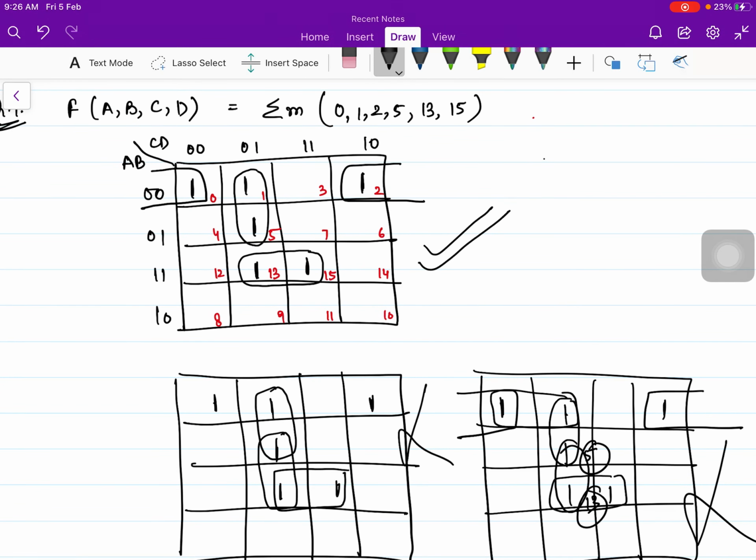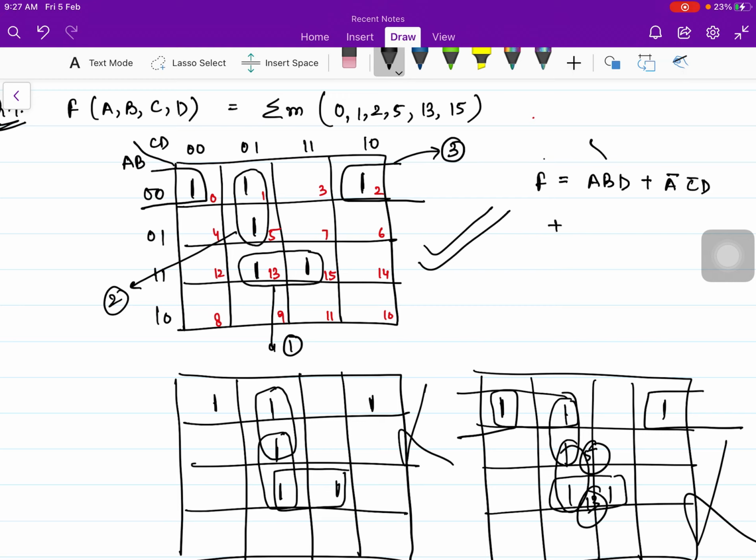Okay, so let's write down the answer. This is the first group, this is the second group, and this is the third group. So F is equal to first group answer. If I look at the AB side, so the whole group is covered under 1, 1. A 1, 1 means AB. And if I look at the column side, then 1 is common, 0, 1, 1, 1 column, and it belongs to D, so A, B, D. Plus, for the second group, it is A bar, because A 0 is common and that belongs to A from the row side, and from the column side, it is only one column, so C bar D.